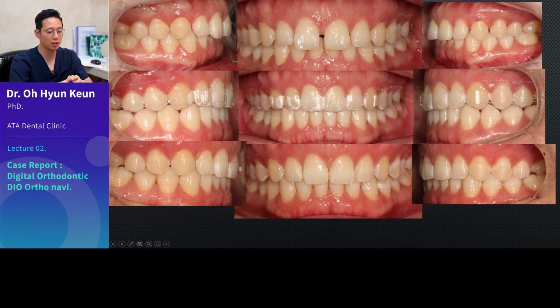Likewise, this case can be done by lingual braces for the upper and lower, but if you are not comfortable with them, you can use a clear aligner for the upper teeth. And there's a gap in the posterior in this case. We need to get rid of this space as well, so I figured the clear aligner would work better because we cannot close the gap using a partial brace. So the clear aligner for the upper and the lingual braces for the lower. The reason for the lingual system is because although we can do it from the outside, the lingual system works better for the intrusion. So it is better to choose the lingual treatment for the lower teeth.